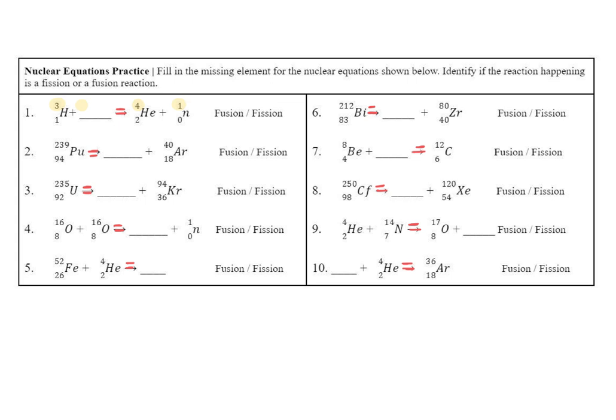So if I look right now, on the top, on this side, we have a 4 and we have a 1. If I add together 4 and 1, that gives me 5. So I have 5 on top on this side. And that means I need to have 5 on top on this side. Right now we only have 3, so this top mass number needs to be a 2 for whatever the blank element is. Now we're going to do the same thing on the bottom.